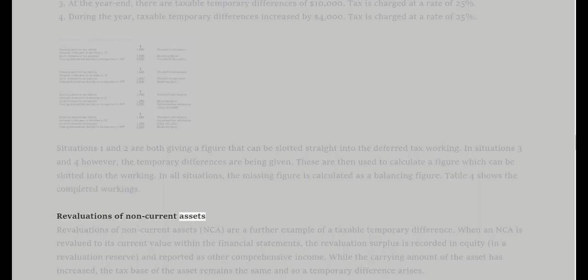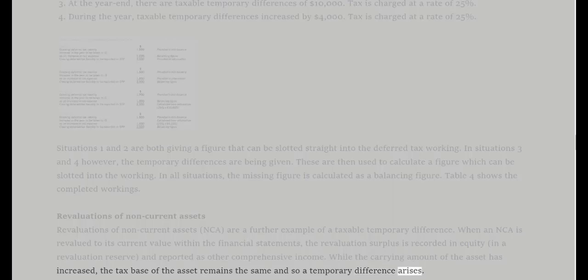Revaluations of non-current assets. Revaluations of non-current assets, NCA, are a further example of a taxable temporary difference. When an NCA is revalued to its current value within the financial statements, the revaluation surplus is recorded in equity, in a revaluation reserve, and reported as other comprehensive income. While the carrying amount of the asset has increased, the tax base of the asset remains the same, and so